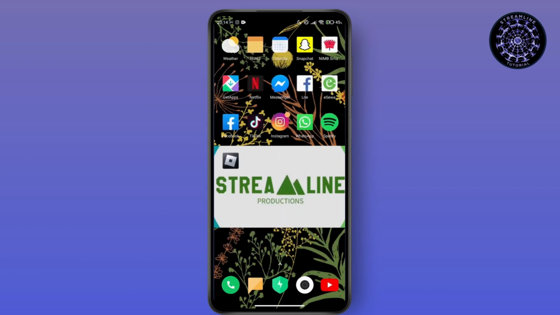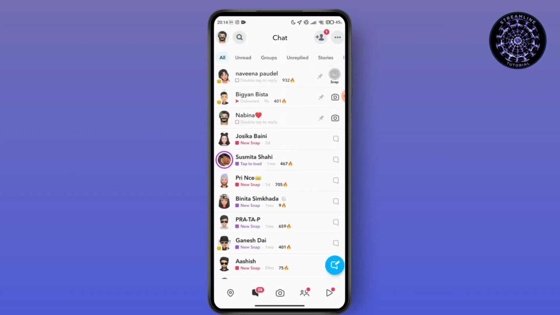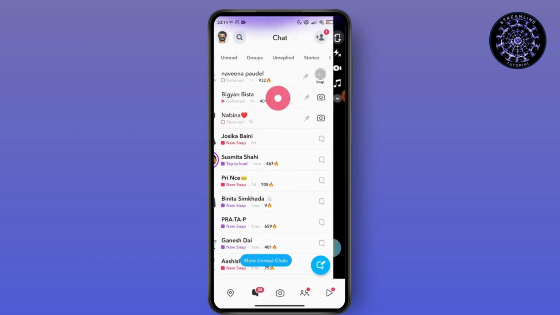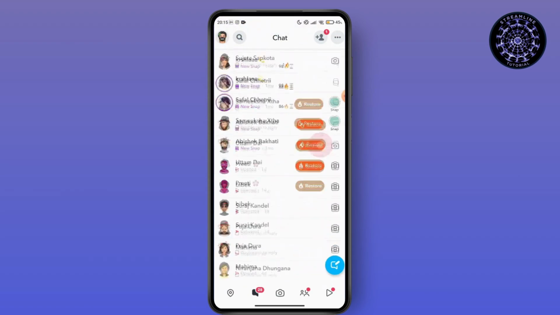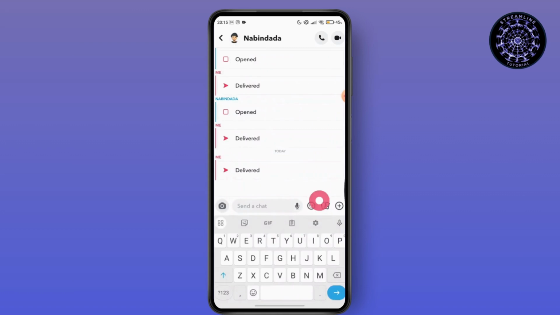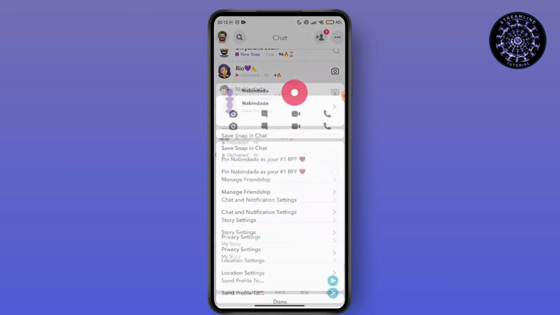First of all, go and open up your Snapchat and navigate to the chat icon which is on the bottom. Once you are on your chat, you have to tap on the chat with that friend you have this streak with. Just go for any of the friends that you have this streak with. So once you are here, you have to tap and hold the chat here and just go for the